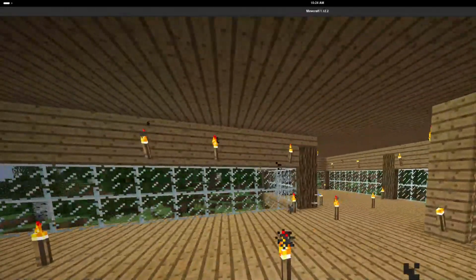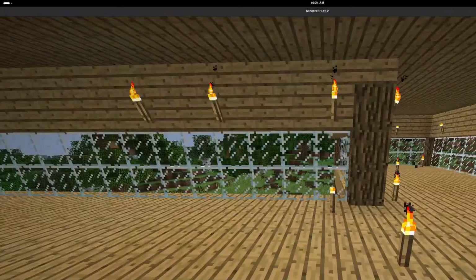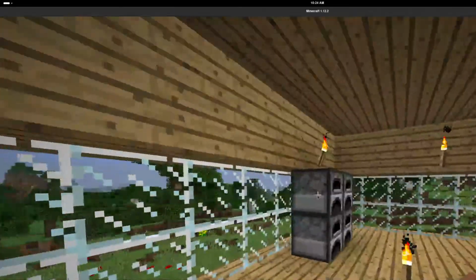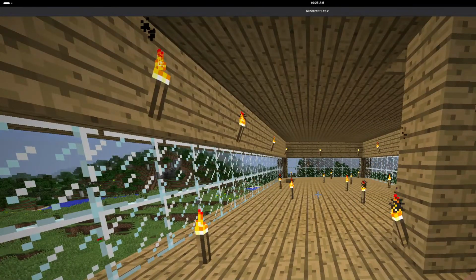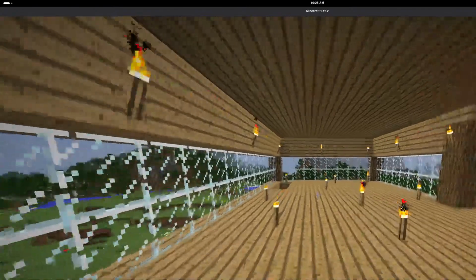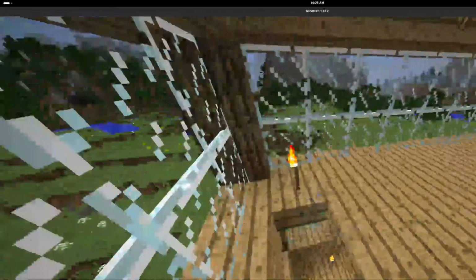So this is my house. You know, it's pretty small. You know, not a huge house. You know, it's like an average sized house. But if we go down here,